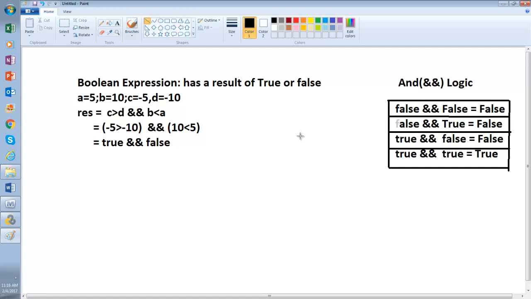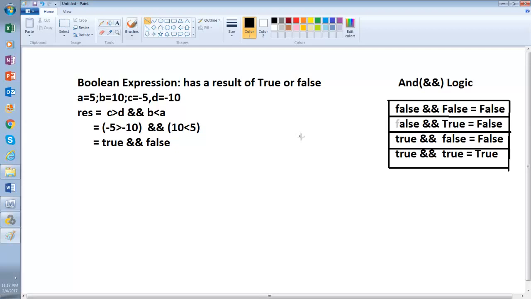And the AND logic works like, remember, AND means and. Both have to be true. If I say, you will get a job if you are understanding all the topics and if you are fluent, both of the conditions must be met. If any of the conditions is false, it will be a trouble, right? AND means both sides have to be true. It doesn't matter how fluent you are, if you don't understand, you are done.